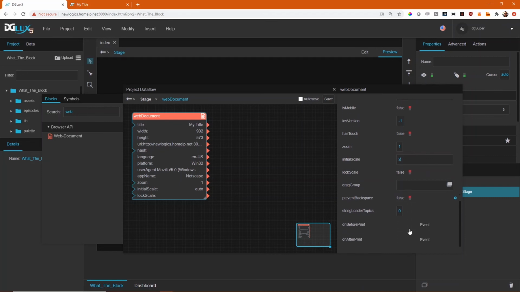Finally, the last property I want to mention here is prevent backspace. So this is a very useful property to just enable right away. What it does, it prevents the common browser feature of basically returning to the previous URL when the user presses backspace twice. Right? It's a common feature of many browsers, and if you don't want the user to leave your application when he double taps the backspace, which can happen when you're typing something into the form, or during another time when you're interacting with a page,